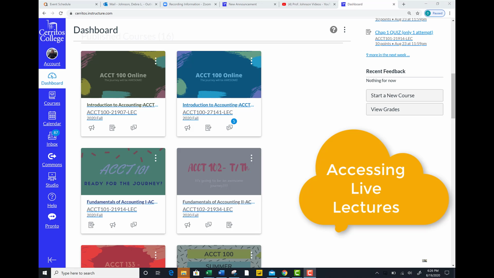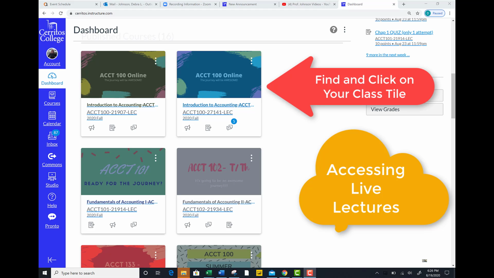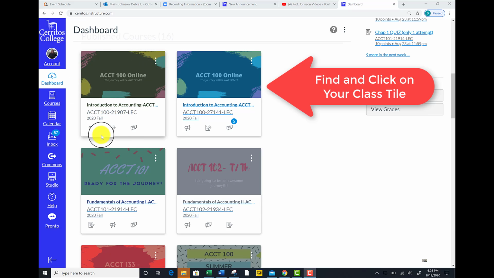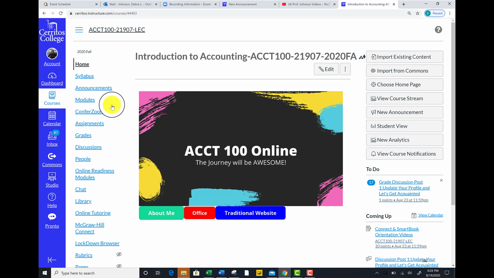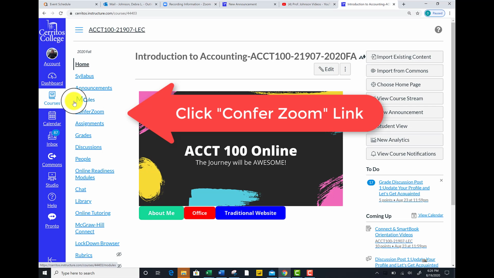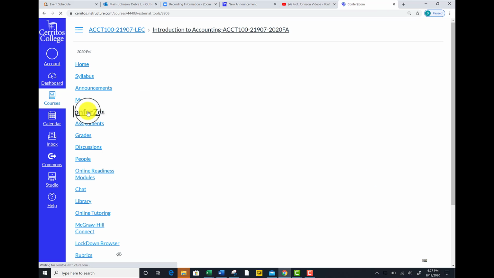To access the live lectures for your course, log into Canvas, then choose the appropriate course that you're trying to access and click on the tile. Once you get into the Canvas program, look for the Confer Zoom link. Click the Confer Zoom link,